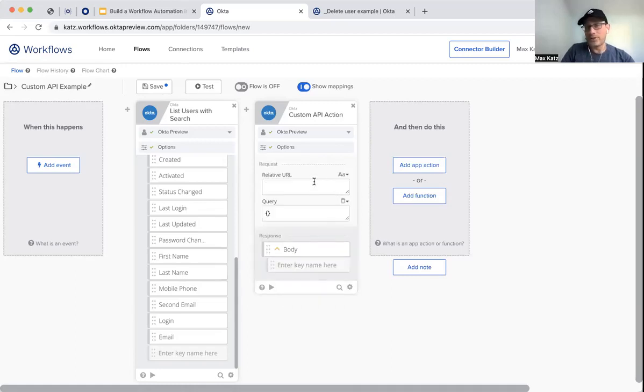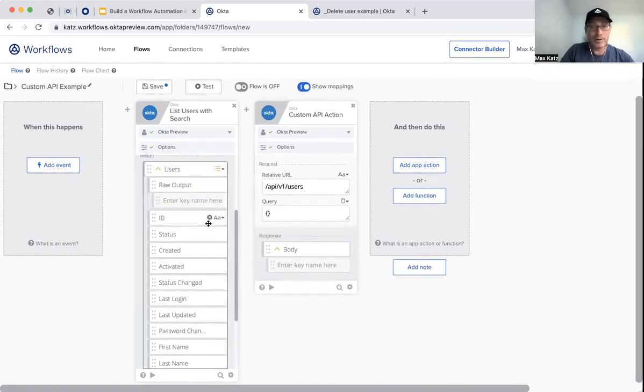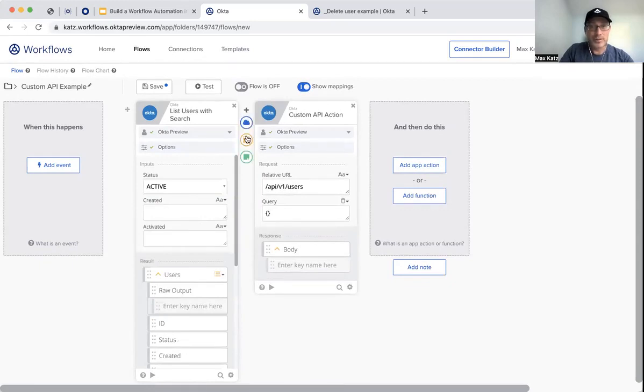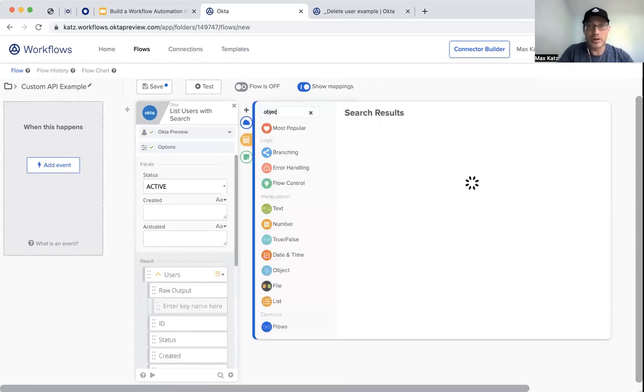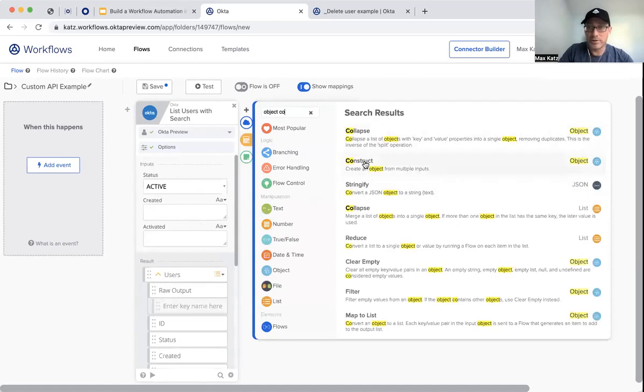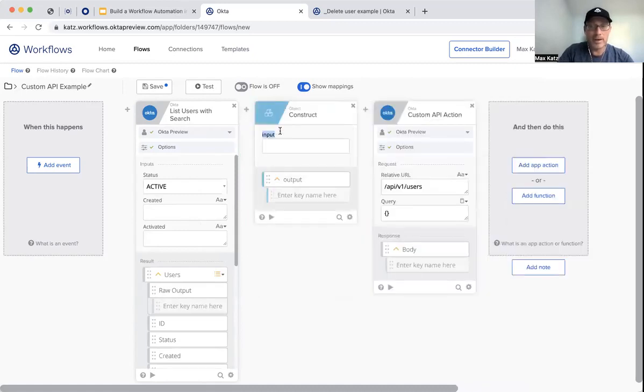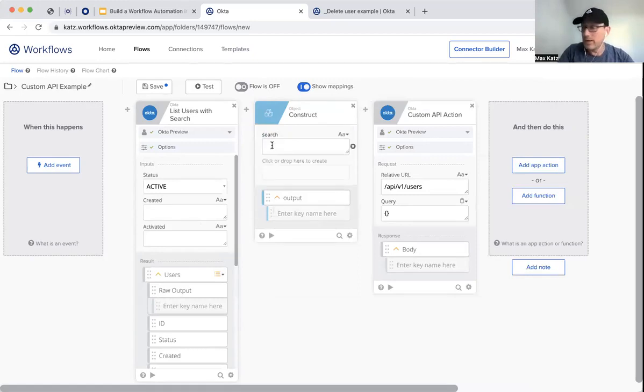Notice that it's asking me for the relative URL, and in my case, this is API, and then users. And then the query, so I want to get only the active users. For that, I'm going to use object construct, and I'm going to create a query. So it's search, and then